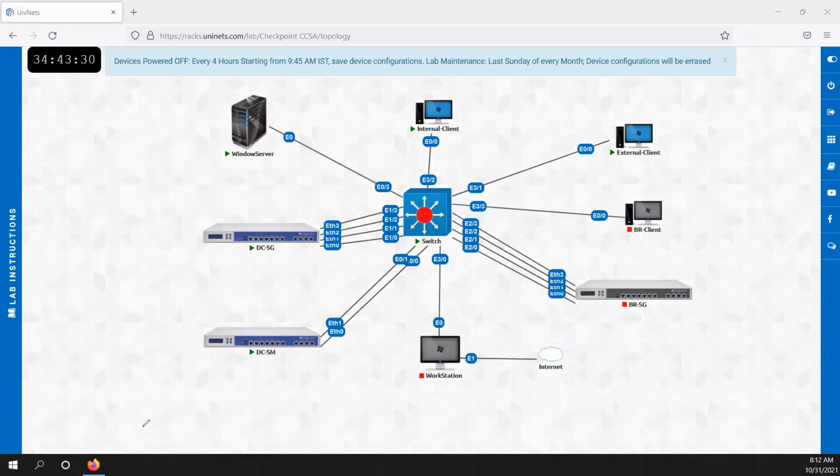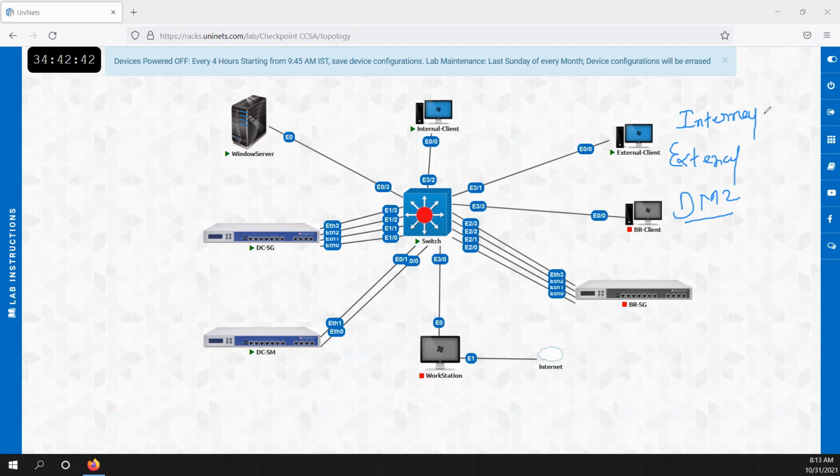Basically, I would use three subnets. We will use three segments here: internal, external, and DMZ.